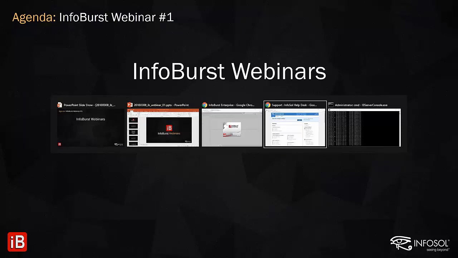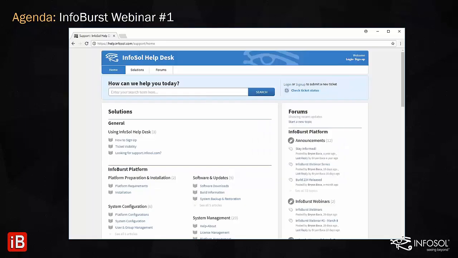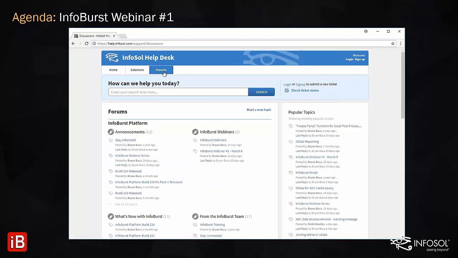What I'm going to do here, and I'm going to do this a few times throughout the session, is switch over to the Infosol Help Desk. I assume most, if not all of you, are familiar with the Help Desk. This is how you interact with me and the InfoBurst team on a daily basis. Within the Help Desk, you're going to find a variety of resources, solutions, knowledge base, forums. I will go back to this as often as I can to show you where to find things. So as far as our webinar is concerned, under the forum section of the Help Desk,